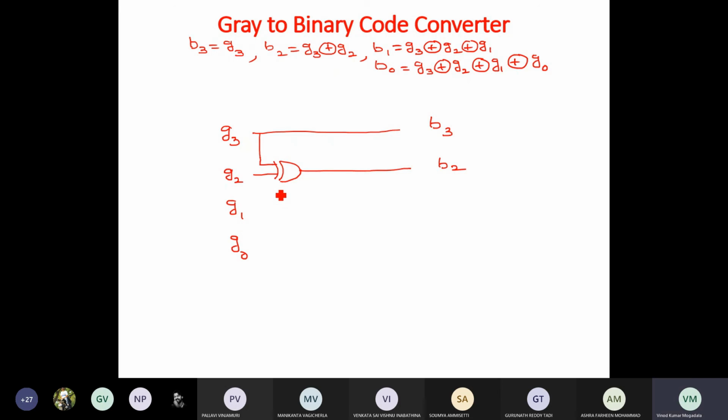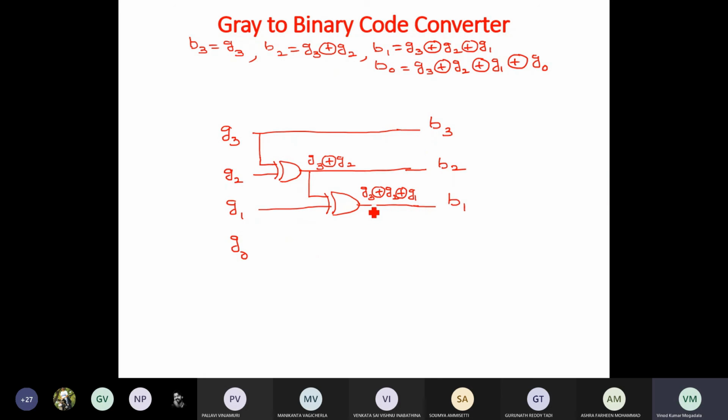So what about B1? B1 is nothing but Z3 XOR with Z2 XOR with Z1. So this output we can give to Z1 as an XOR. Now this is the B1, right? So here we are getting Z3 XOR with Z2 XOR with G1, right? So in this way we have to draw the circuit.